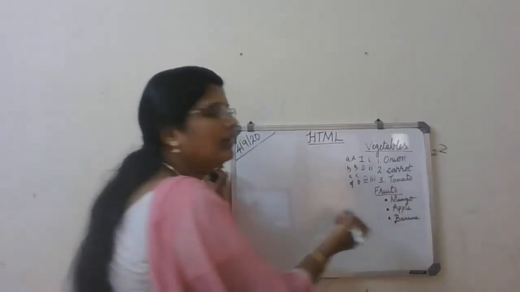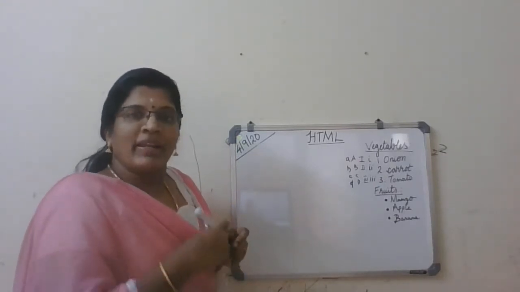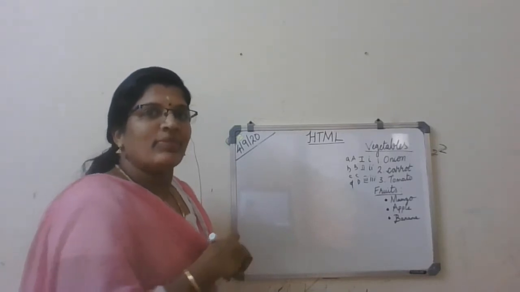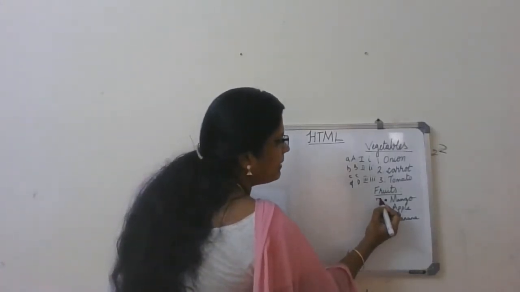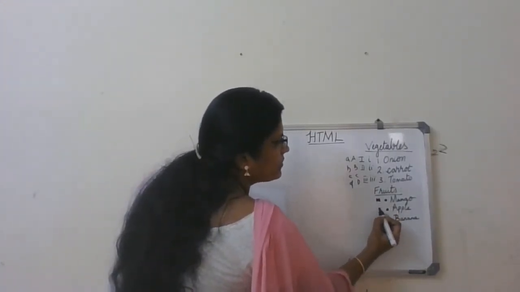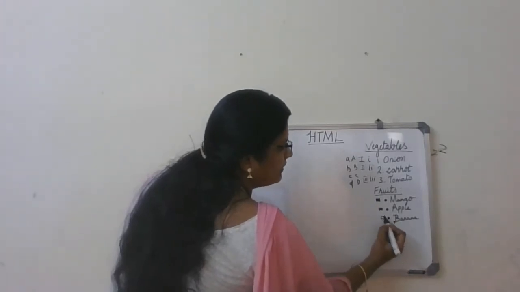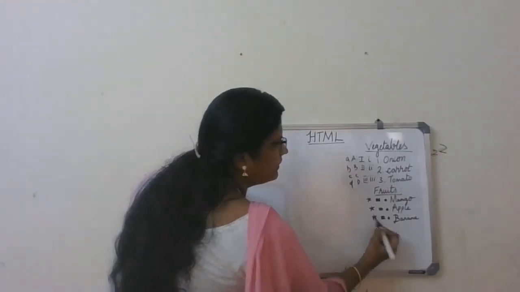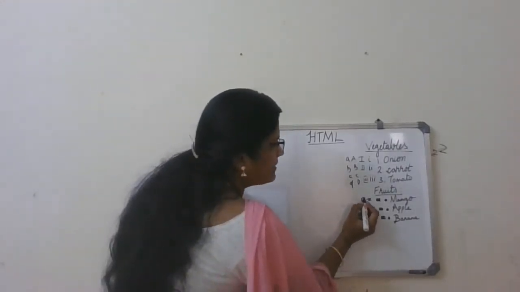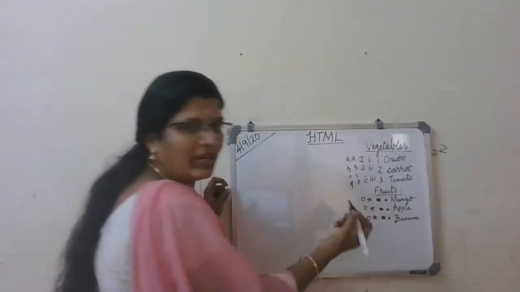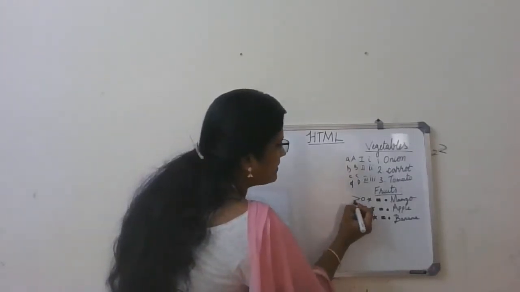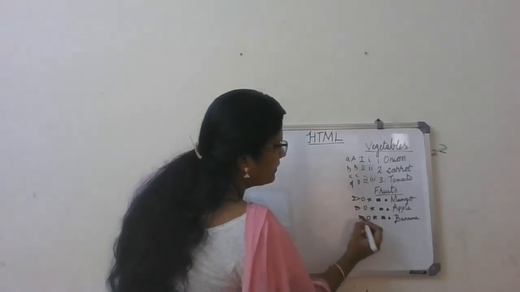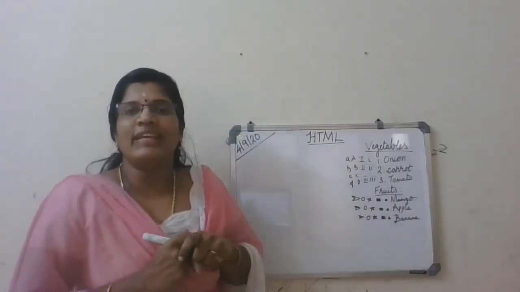Okay. And here, bullets. So do you remember any other bullets you studied in Microsoft Word? Yes. So what are the bullets? It may be a square, or it may be a star, or it may be a disc without any filling, or sometimes it's like an arrow mark like this, right? Have you seen all these things?